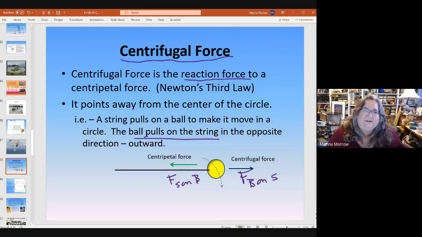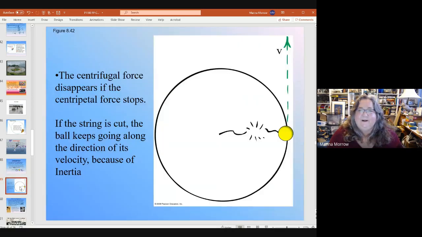And so the string is taut outwards because of that. But if you cut the rope, then that centrifugal force disappears as the centripetal force disappears. So here we've cut through them. No more force inwards, there's no more force outward, and the ball just goes straight. So some people think the ball is going to go outward with the outward velocity, but there's no force to push it